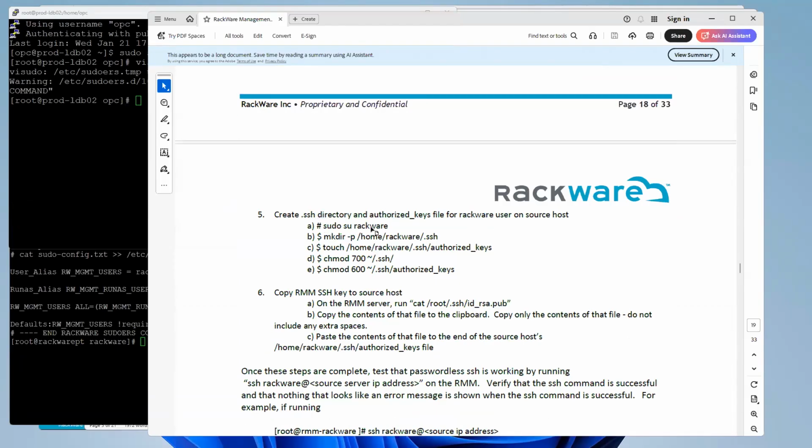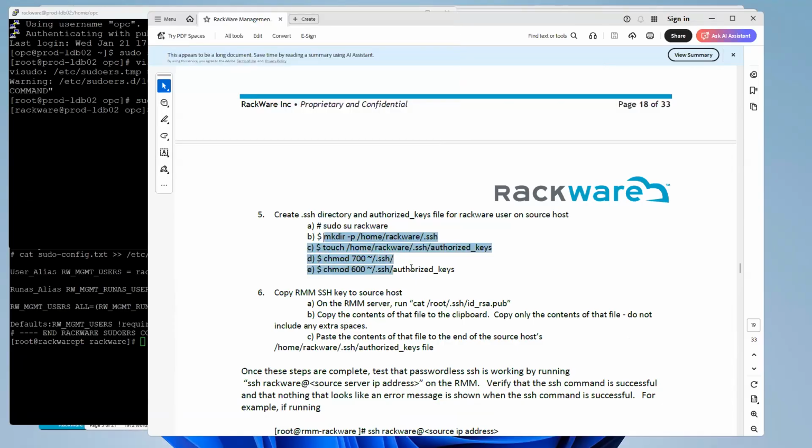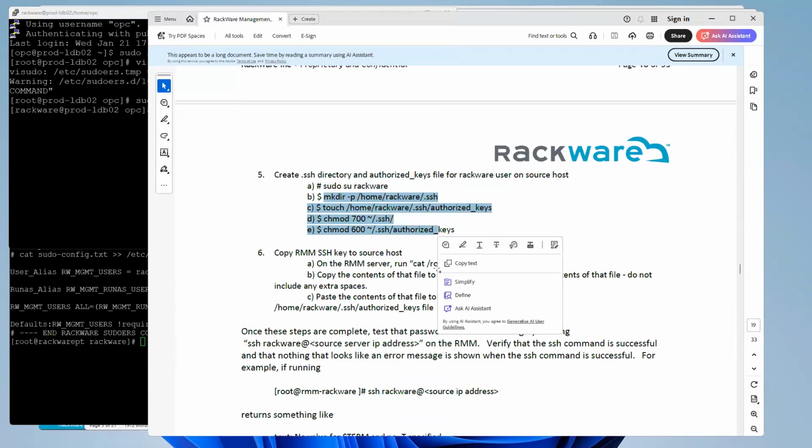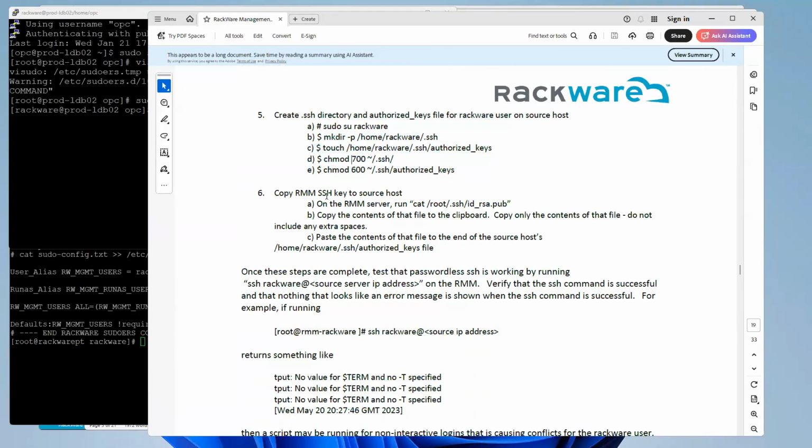So first thing I'm going to do is elevate myself to the RackWare user. So here's my source host. I'm going to log in as the RackWare user, and I would run all these commands, make these directories, make this authorized keys. So that's already there. After I make those directories, I'm going to get my SSH public key